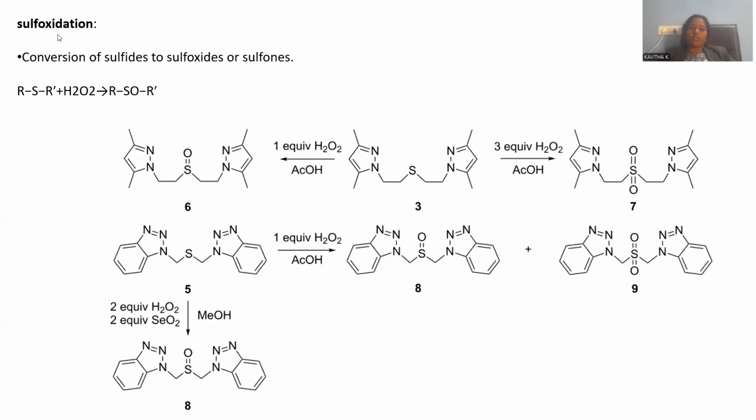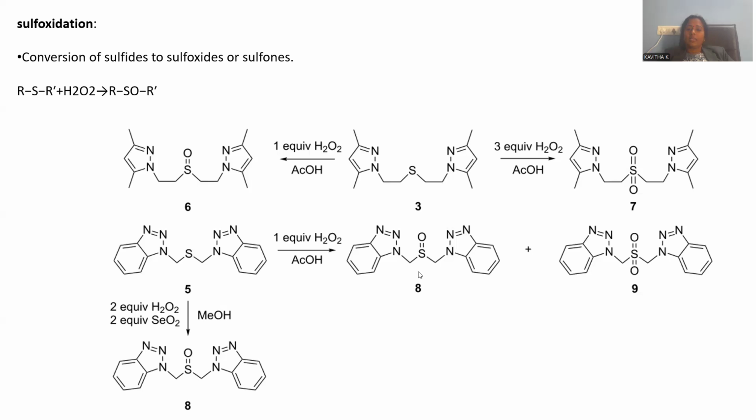And this is sulfoxidation. Sulfoxidation stands for wherever sulfurs are present, they turn into sulfones. Sulfone formations are possible by treating with hydrogen peroxide. If you observe the sulfur compound, which has a side chain like diazole, and here also diazole is there, this is reacted with either 3 equivalents or 1 equivalent. When 3 equivalents are added, there is a provision to give the disulfone form. With 1 equivalent, that means an insufficient amount of hydrogen peroxide, it gives rise to the monosulfone form. Sulfone origination is possible, and disulfone origination upon excessive addition of hydrogen peroxide.